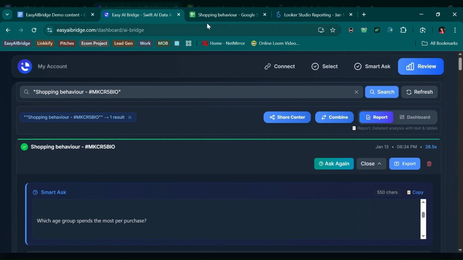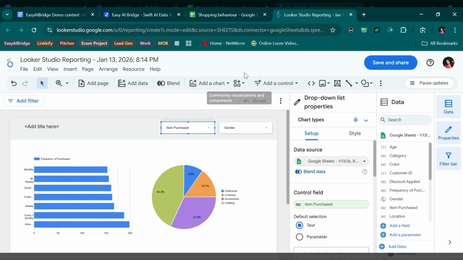For reference, I used the same sheet and created a Looker Studio report just to kind of compare the two tools. So, over here, you can see that we have a report that we generated with Looker Studio, just to kind of give you guys a comparison between how Easy AI Bridge handles this versus Google's Looker Studio. And as you can see, there's a bunch of settings and parameters that you have to think about before you can get to the point where you get something simple, such as a chart or a bar chart on your